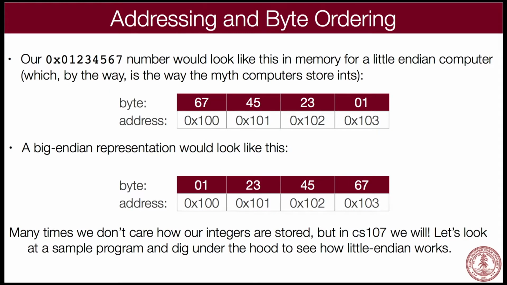There's the diagram I just tried to draw down there for you. Okay? We have 2 different ways of storing this. Most of the time, this will not matter to you at all, as it turns out. It's going to matter when we get to assembly language later, when we have to look at individual bytes in memory. But for most of the time, it's not going to matter. You just should know that it exists.